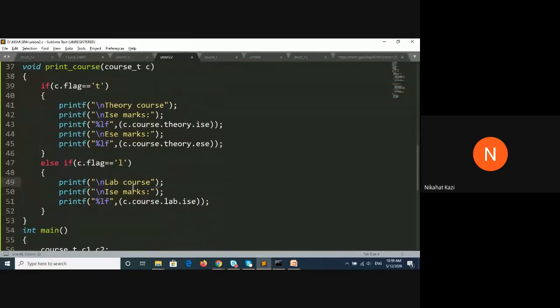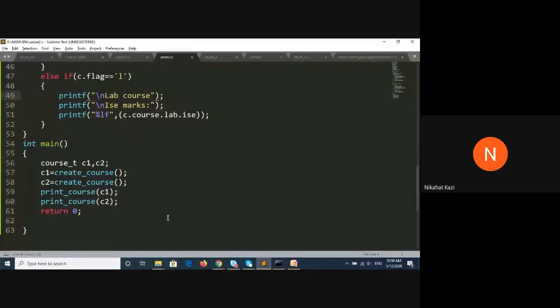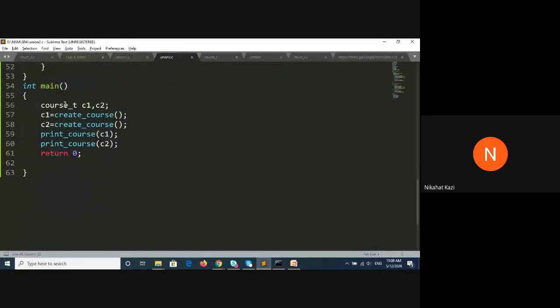And finally, the print course. Depending on the type, it will print theory or lab course details. And finally, the main function, where you're creating the variables and populating the variables using create course. This is reading, and this is printing.